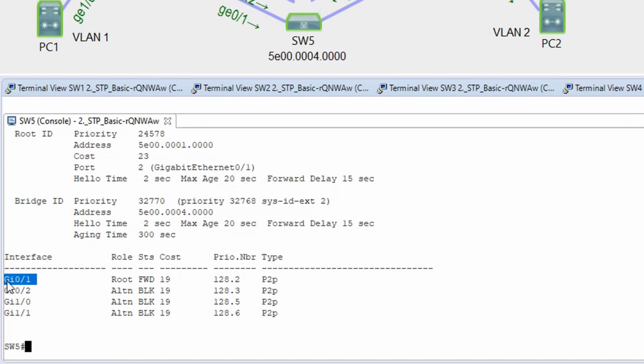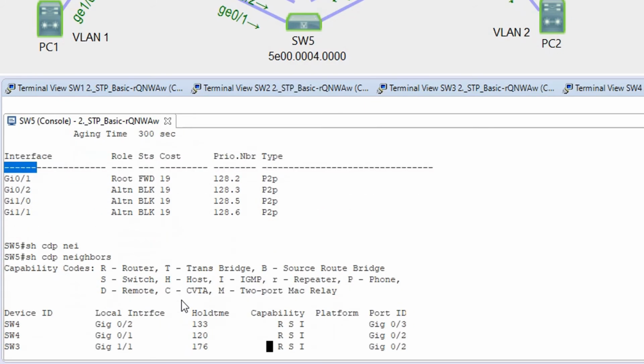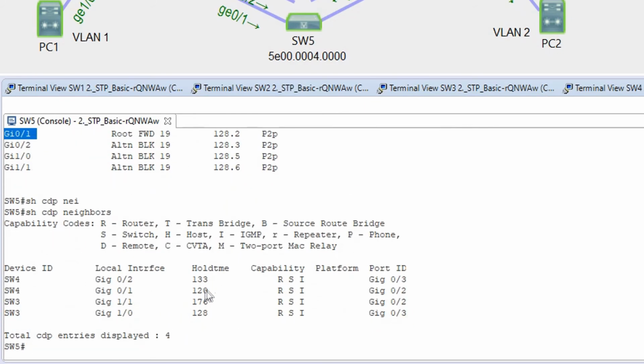First, show CDP neighbor. G01, and our SW4 switch is G02. So for the G02 interface on SW5 we need to change